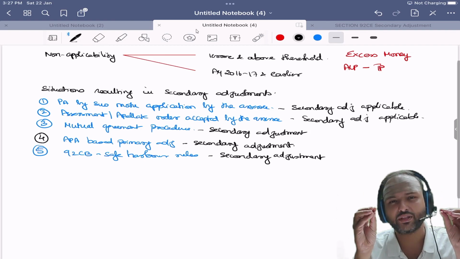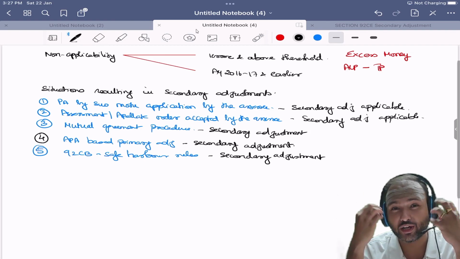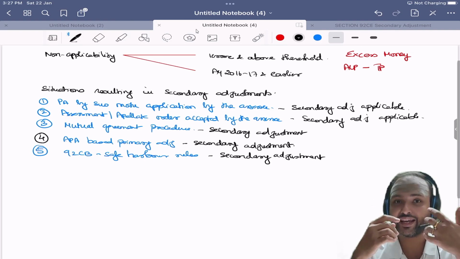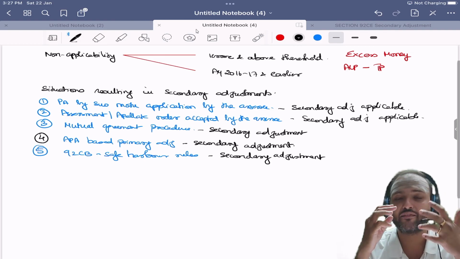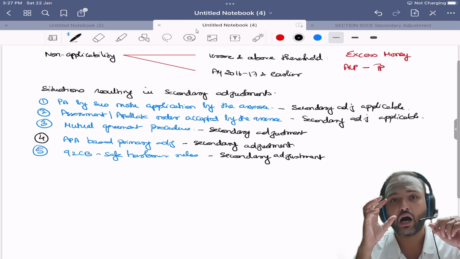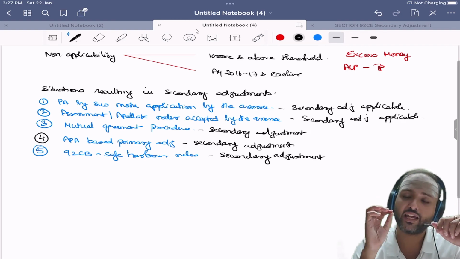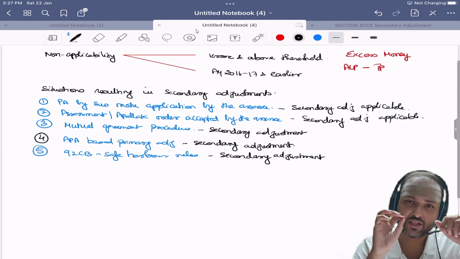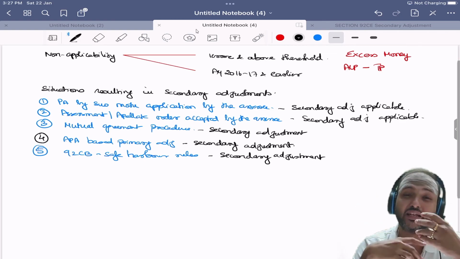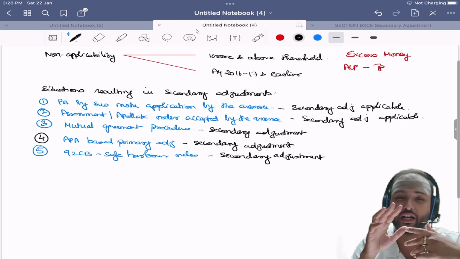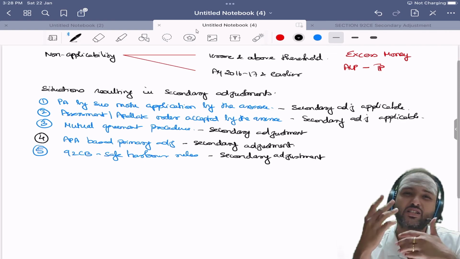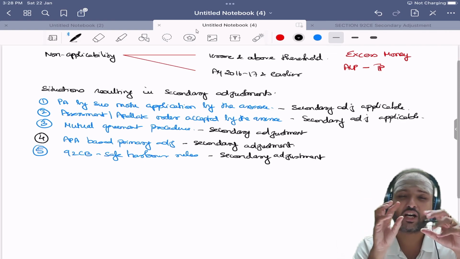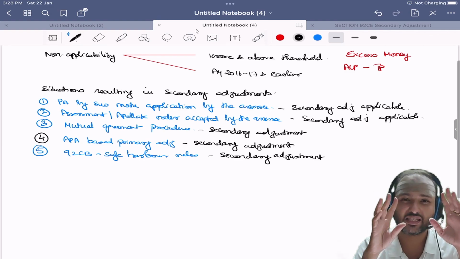Fine. So we'll stop with this. Just process this. Make sure you drum these points into your head, because the next session will be a bit more heavy, where we will try to understand how we determine the time limit, what is the excess money that we have to consider, what is the interest to be charged, for what period interest is to be charged, and then what is the way out of this Chakravyuha kind of arrangement called secondary adjustment.